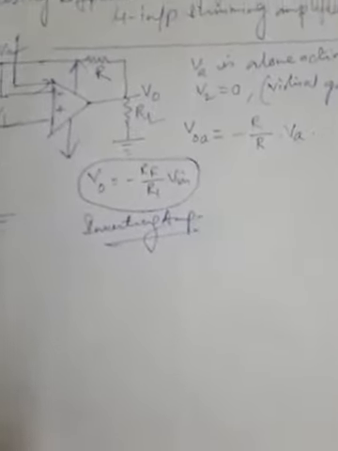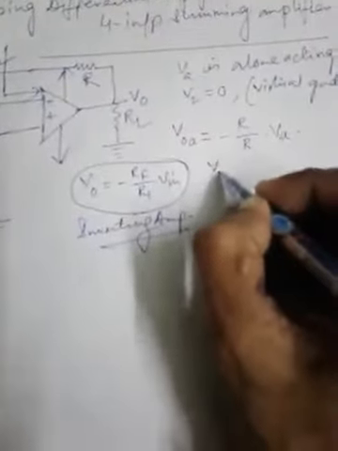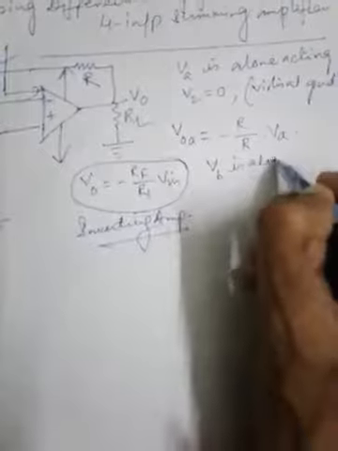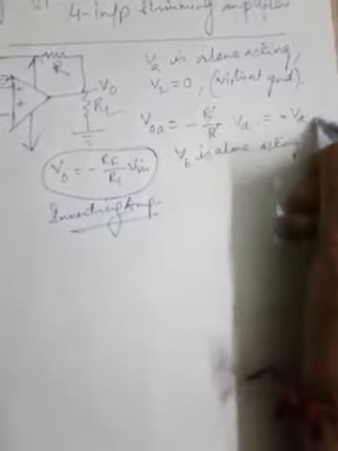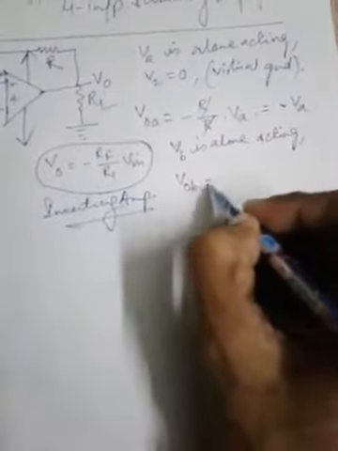Now similarly, the output voltage due to V2 alone, if now V2 (VB) is alone acting, then VOB is nothing but minus VB. Now if input voltages VA, VB and VD are set to 0, then the circuit becomes a non-inverting amplifier. VA, VB, VD are 0, only VC is acting alone.